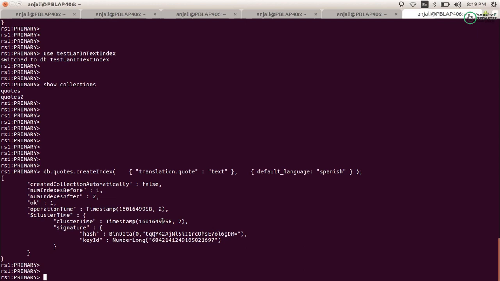So in this part we just got to know what languages are supported. We have already seen how the text index is created and how we can search through the text indexes, that is, using the $text and $search query. And we already covered the behavior and its restrictions in the previous part.